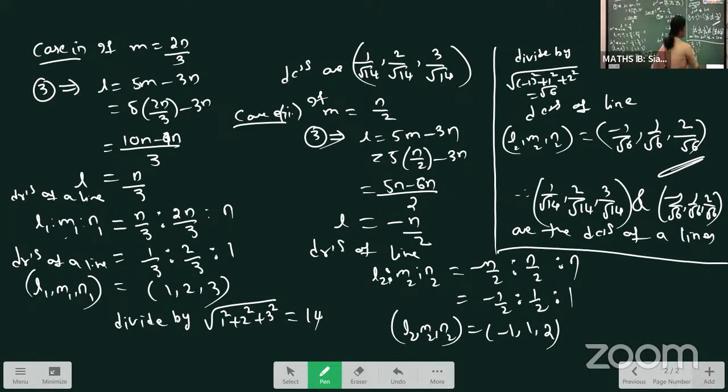One more you have. The concept is the same. When two lines are given, we found the direction cosines. In the next question, the same kind of lines will be given, and he will be asking the angle between two lines. So what is the angle between two lines? Before going to that, you have to find the formula. Angle between lines,